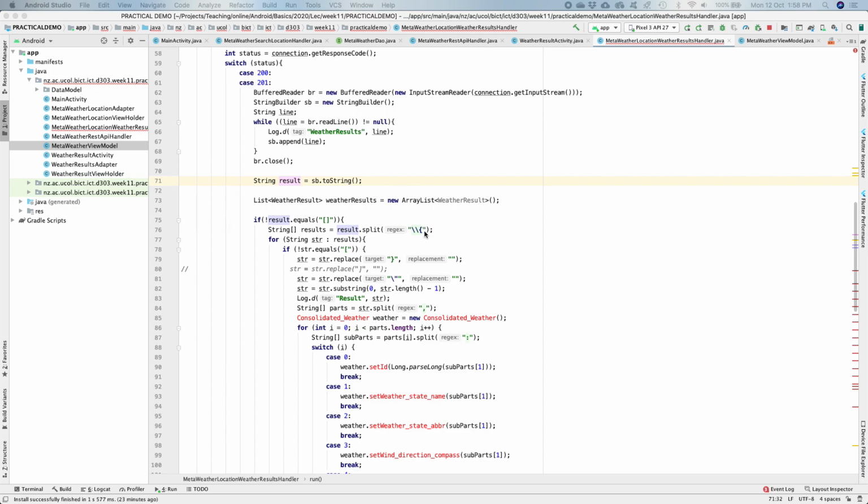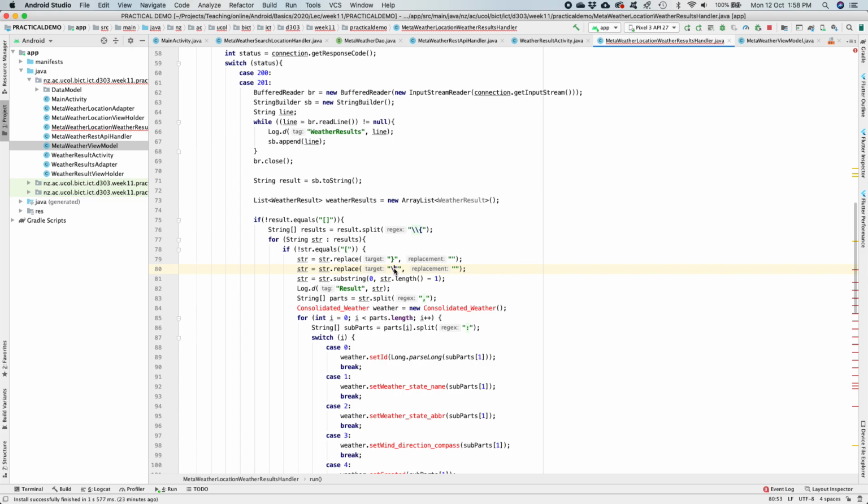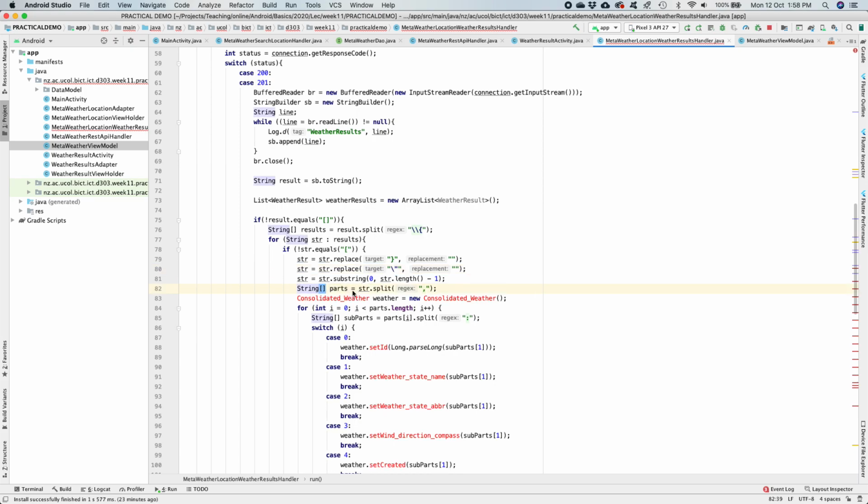And then we are splitting based on the left curly braces, and if it is not the first record, then we are replacing the right curly braces with nothing. We are also replacing the double quotes with nothing, and we are also ignoring the last character. And then at the end we have that particular string, and we split based on the comma, and then we are